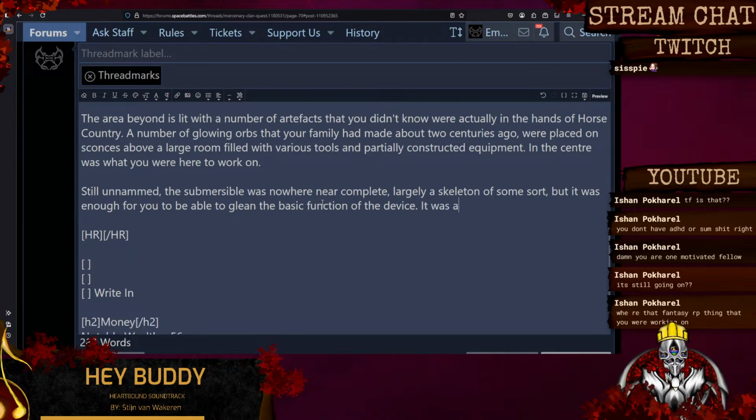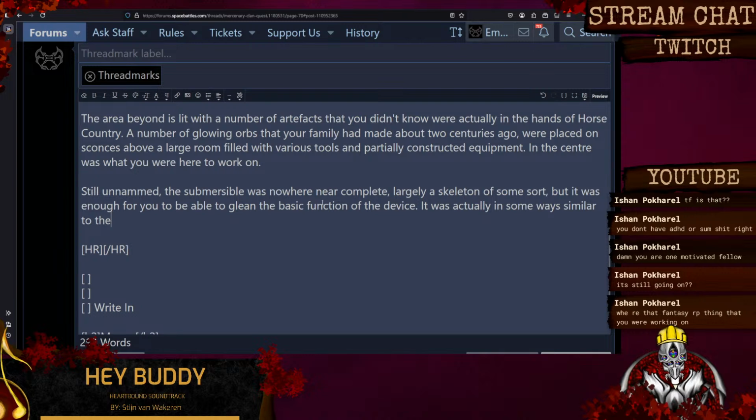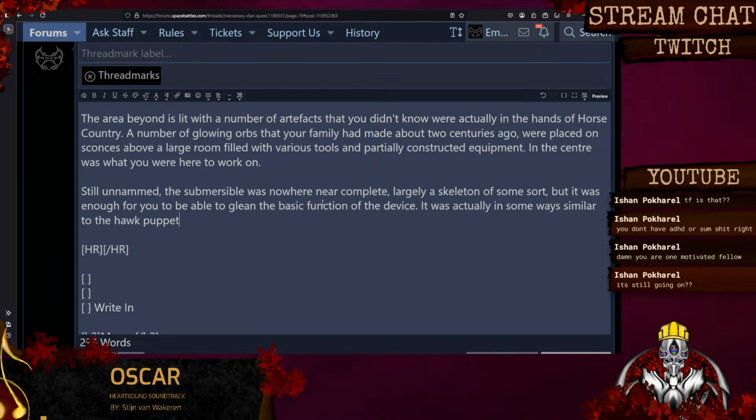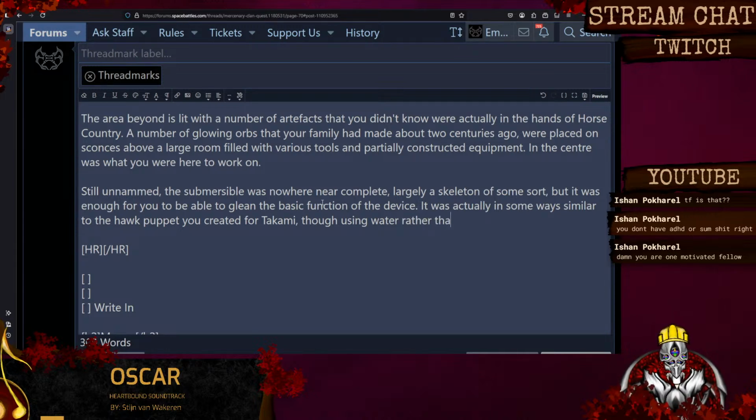It was, in some ways, similar to the hawk puppet you created for Kami, though using water rather than